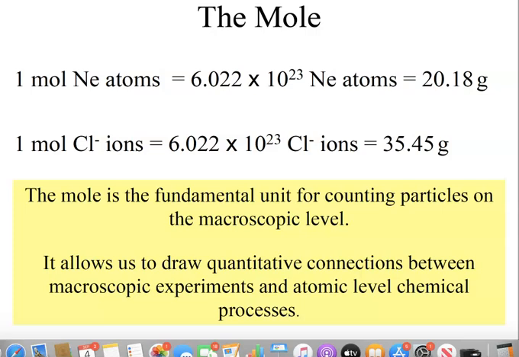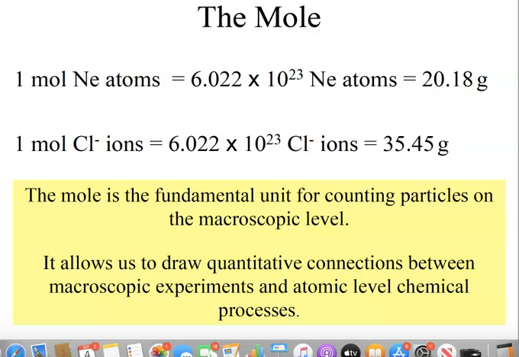So as you remember, the mole is one of the most important units in all of chemistry. The mass of 1 mole of any element is equal to its atomic mass on the periodic table in grams. 1 carbon atom has a mass of 12 AMUs, and 1 mole of carbon atoms has a mass of 12 grams. 1 mole of neon atoms would be 6.02 times 10 to the 23 neon atoms, and that would be